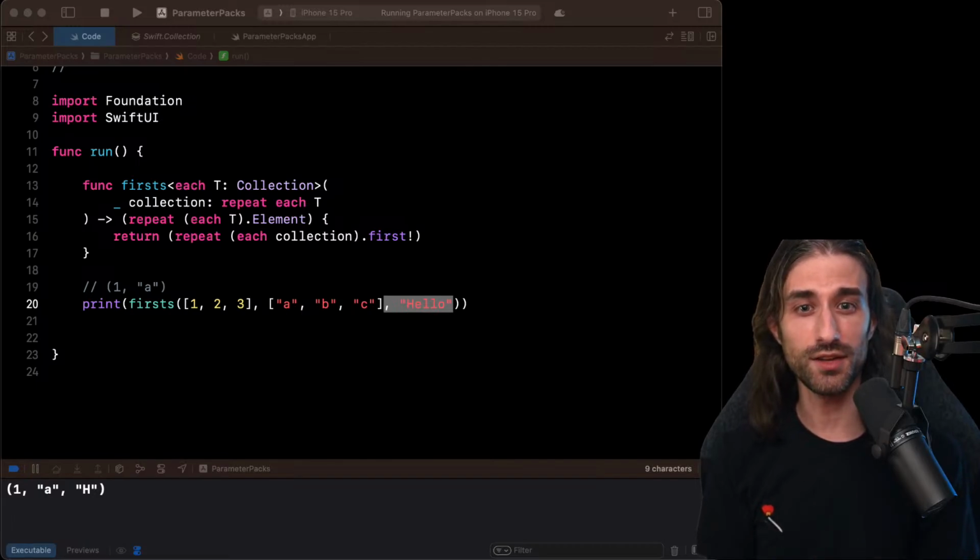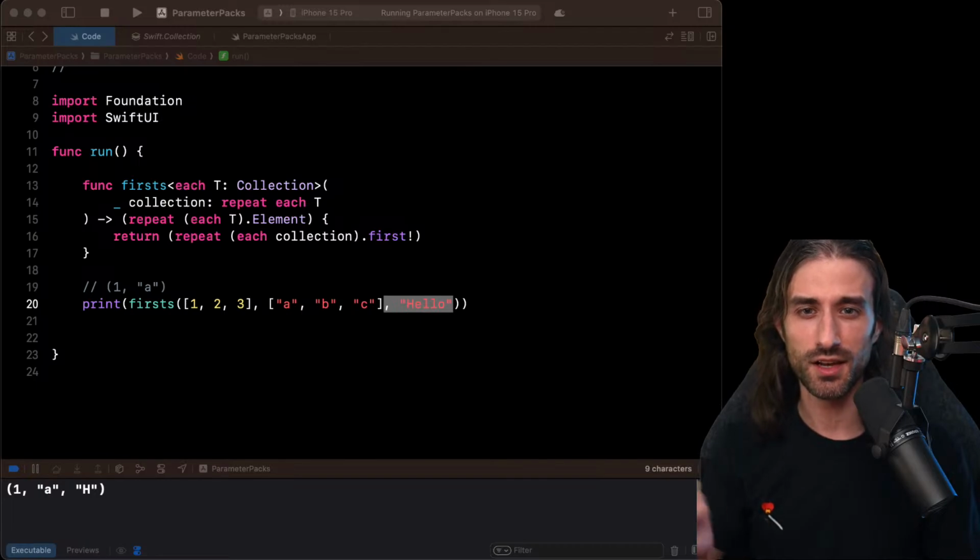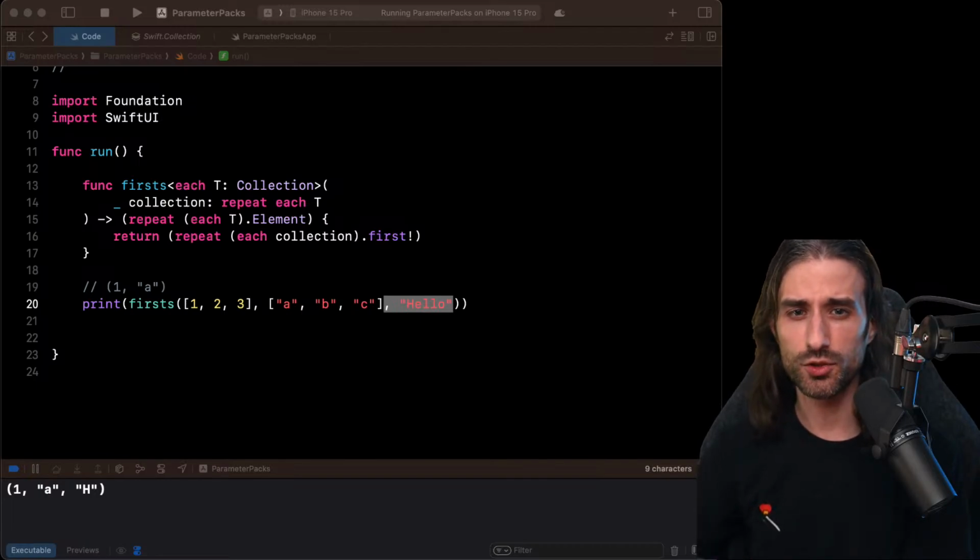I mean, you can do it, but the way to do it is to say that your array is of type Any, or to use an enum with cases with associated values. But you would have lost type information. That's the point I wanted to get across. And so the use of parameter packs is mostly in situations where you don't want to lose type information. But if you have this kind of use case in an app, indeed, it's possible that map will make more sense. So in these examples, I don't recommend that you implement them as is because they are more here to teach you about the feature than because they are extremely useful in the real world.